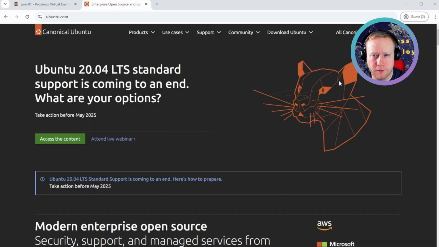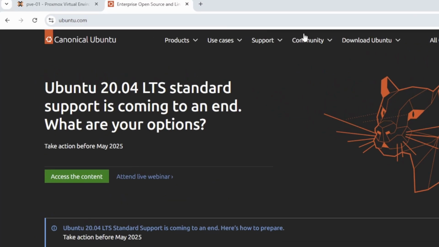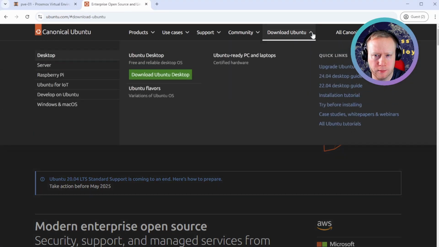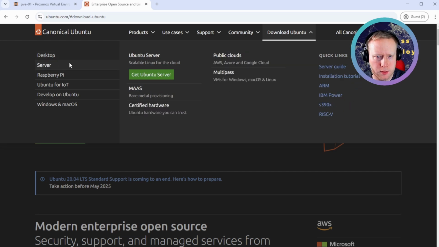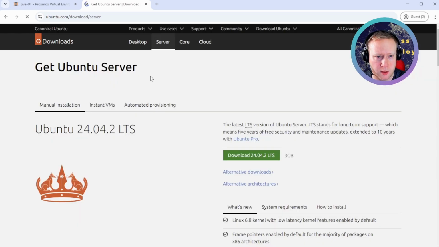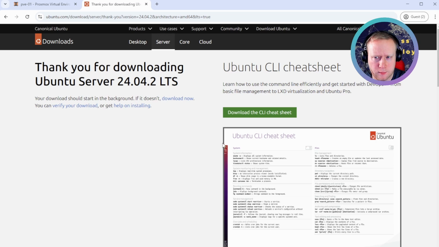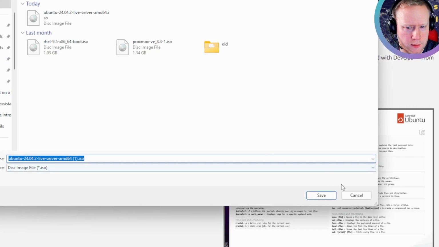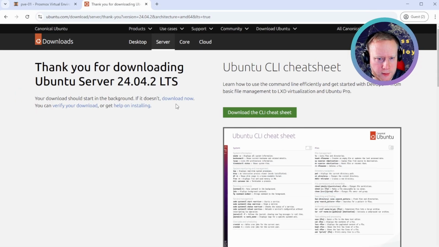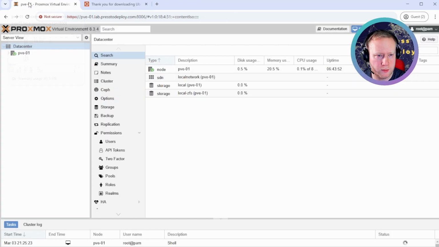Let's go. So first you want to head over to ubuntu.com, download Ubuntu, just select server, select get a Ubuntu server, hit download Ubuntu. I'm not going to download it. I'm going to click this, copy link address on the download now, head over to your Proxmox install, select your